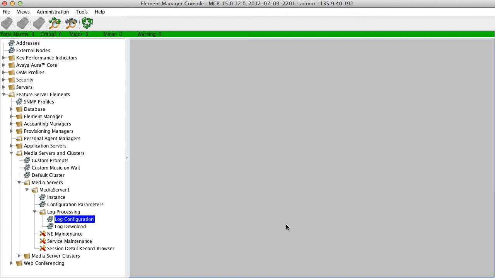Typically, if you're working with an Avaya support engineer, they may ask you to generate one of these debug reports after a problem has occurred in order to capture the pertinent log information. So this video will demonstrate for you how to generate that debug report in zip file and then save it